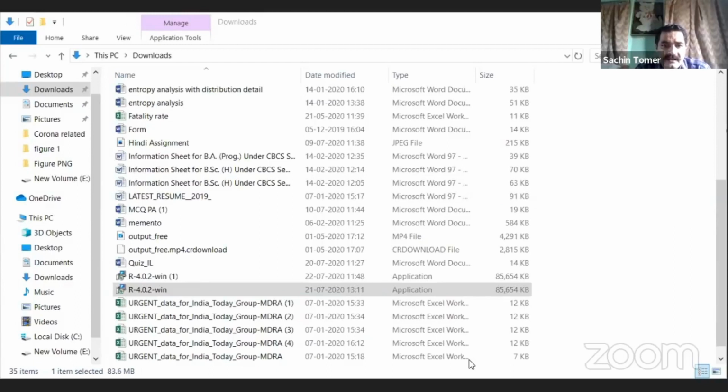And at last you will see this progress in your window. So it has been installed in my laptop. The finish option is there. We have to click on that. Finish.